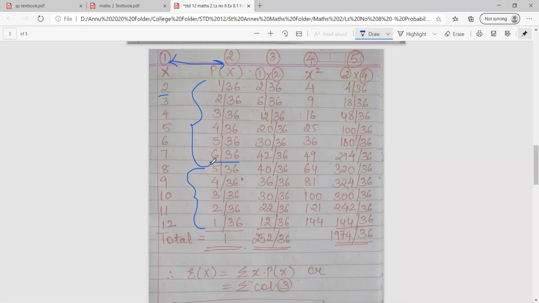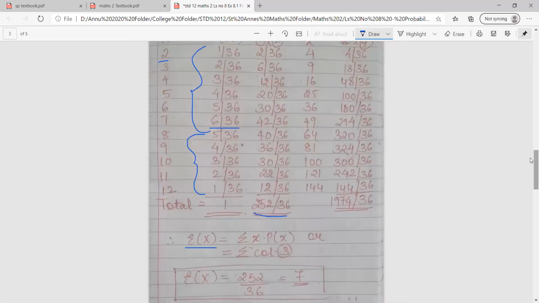We have to find the variance of X. So for variance, first we'll be preparing the expected value of X. For variance, we need 5 columns, as you can see, I have given the headings. Out of 5, we have prepared 2. Now preparing column number 3: that is nothing but the expected value, E(X), 1 multiplied by 2. So these are the values, as you can see, class, on multiplying. Then you have to do the total of the third column. So I can put the formula: E(X) is equal to summation of X into P(X), or summation of column number 3. So the answer is 252 by 36, which gives you 7.